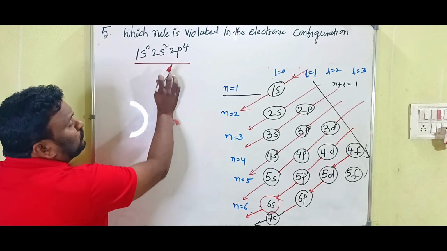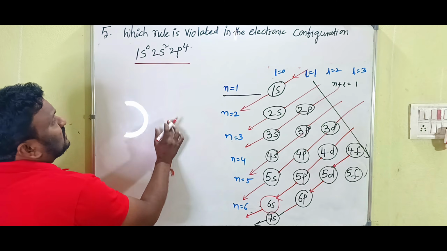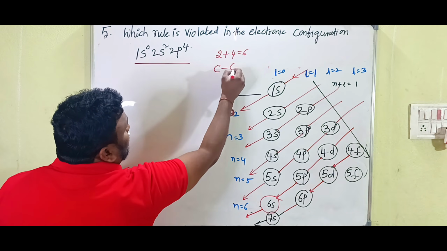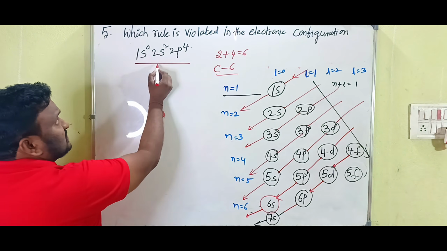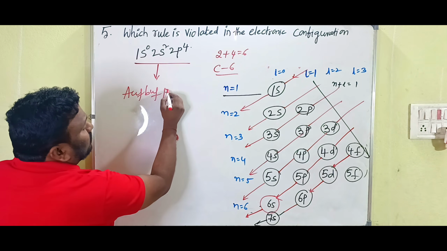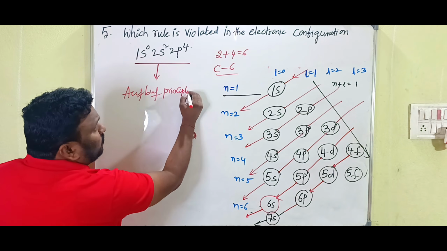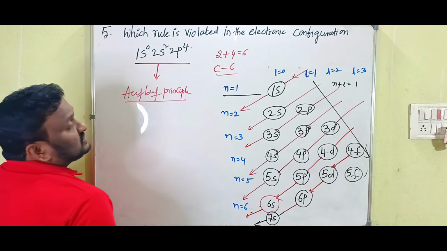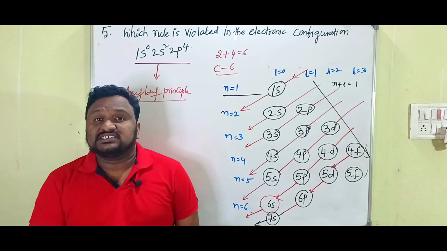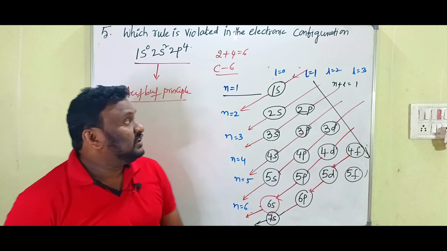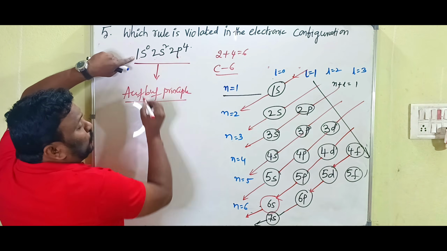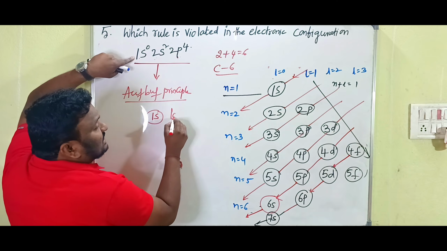1s0, 2s2, 2p4. So children, here 2 plus 4 is 6 electrons. That is the configuration of carbon. This configuration violates the Aufbau principle. Why? Because according to the Aufbau principle, first the orbitals which have the least energy are going to be filled. Here, 1s is the lowest energy orbital